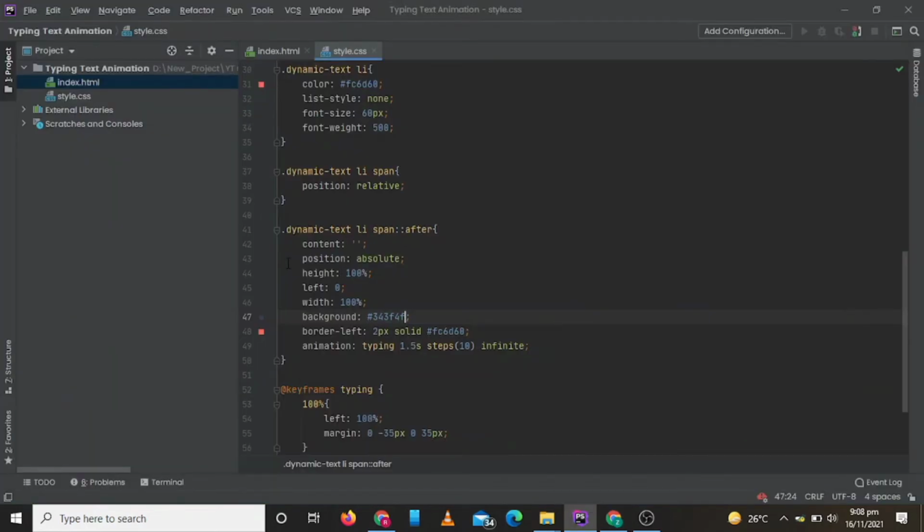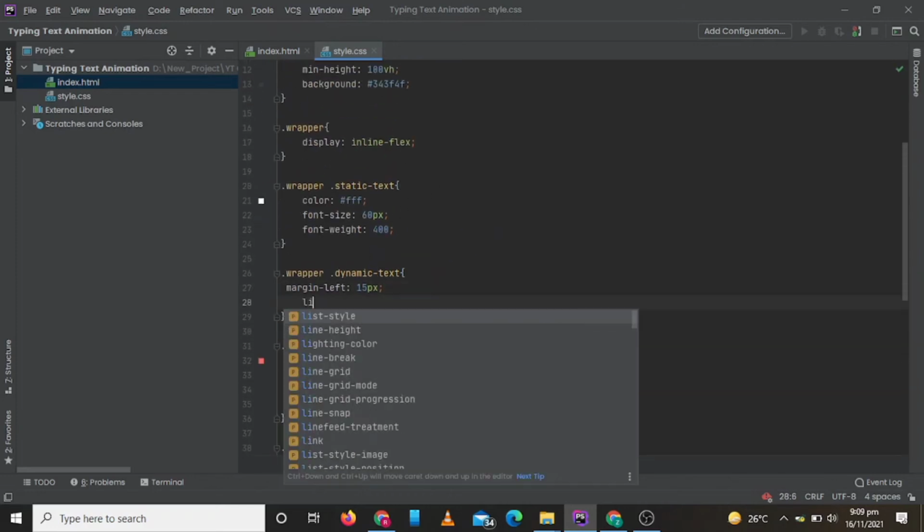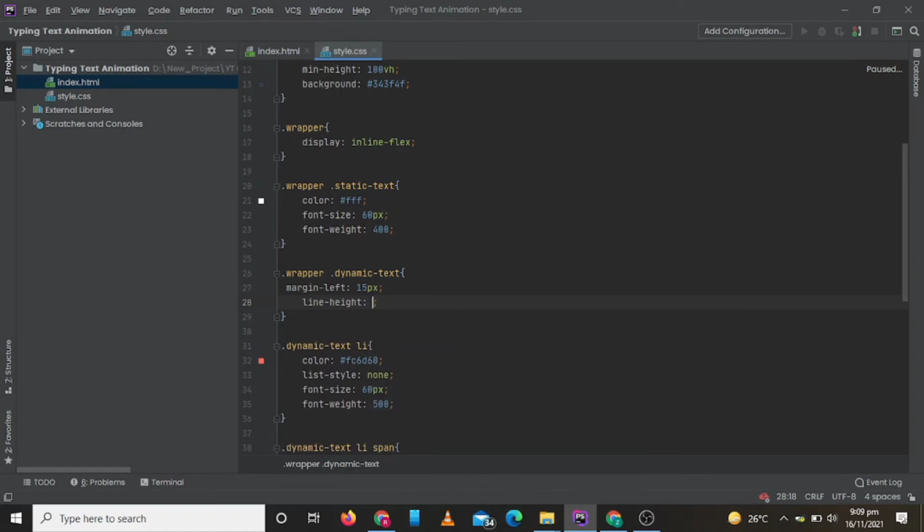So now we need to change our words at a random interval. So we need to write its animation in list elements.